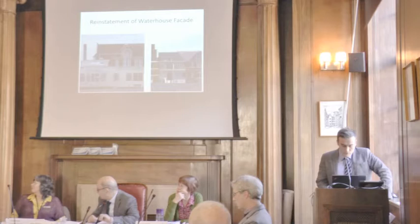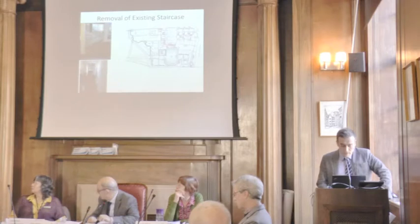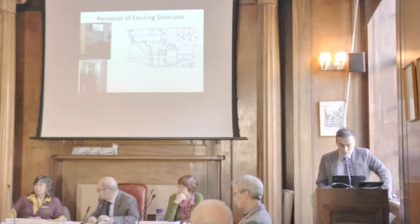And ultimately, the new design, as you can see here, in my view, creates quite a good break between the new building proposed for the Trinity accommodation, along with the linking element, and it creates that delineation between the two aspects. The removal of this existing staircase, which you can see in the front here, on the first floor, looking up where it leads, has been one of the points raised by consultees,